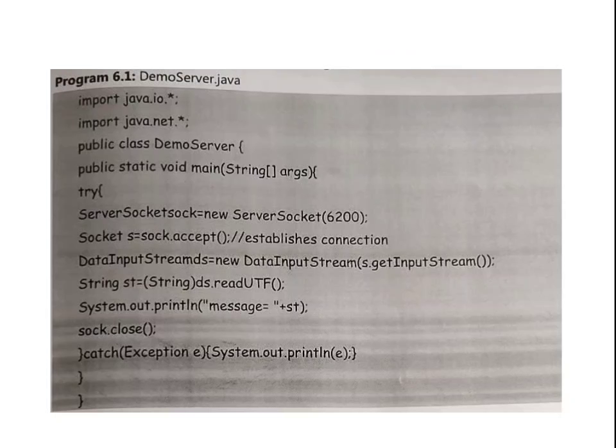The program for DemoServer.java: import java.io, import java.net, public class DemoServer, public static void main(String[] args), try, ServerSocket sock = new ServerSocket(6200); Socket s = sock.accept(); // establishes connection. DataInputStream ds = new DataInputStream(s.getInputStream()); String st = (String) ds.readUTF(); System.out.println("message = " + st); sock.close(); catch (Exception e) System.out.println(e); closing curly bracket. This is the program for DemoServer.java.